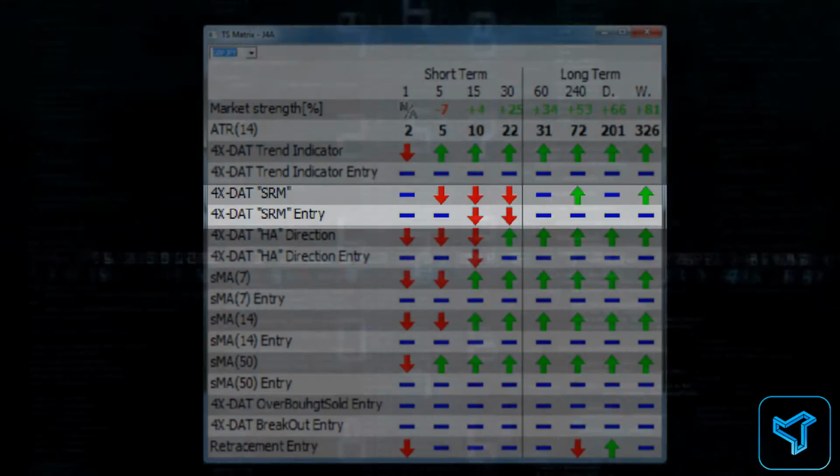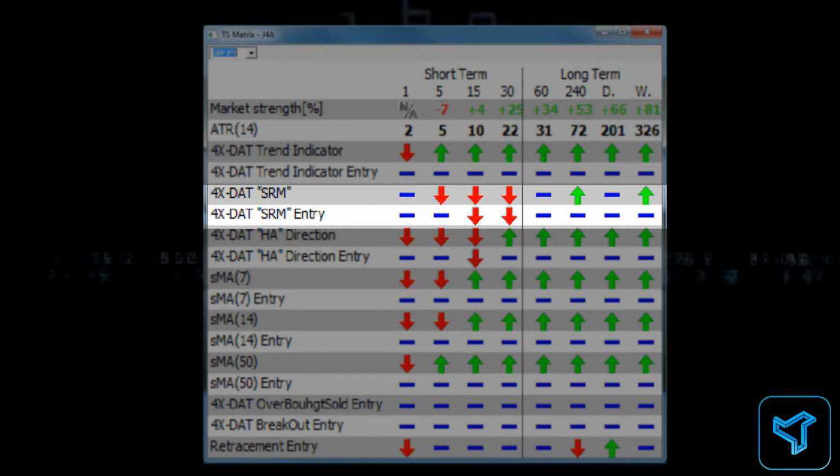The next indicator on the list is the Forex DAT SRM indicator, which is a combination of stochastics, RSI, and MACD. These are commonly used indicators and are typically presented independently in most charting platforms. In our platform, however, when all 3 of these indicators are aligned, the indicator arrows will show again for only 2 bars within the respective time frame. Following this, we have the